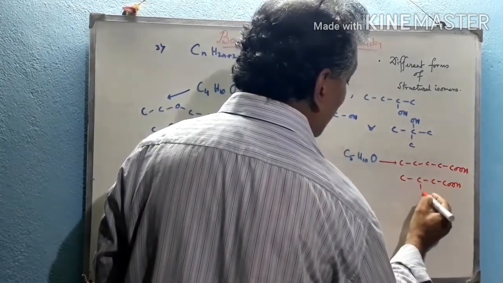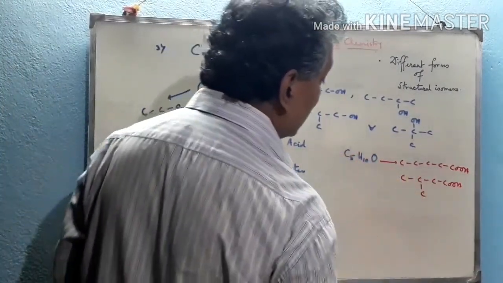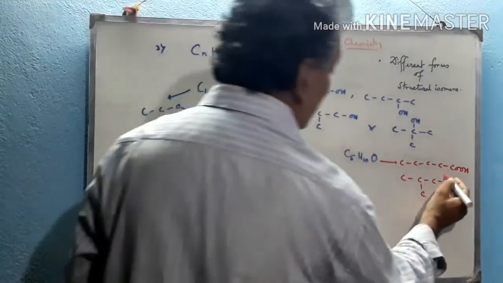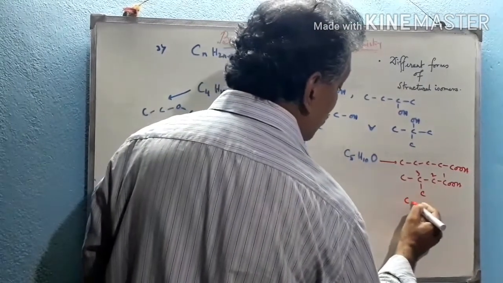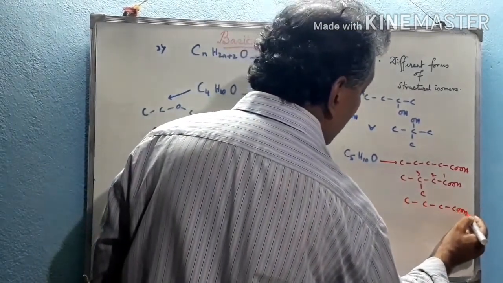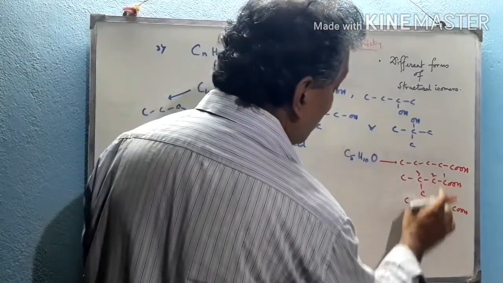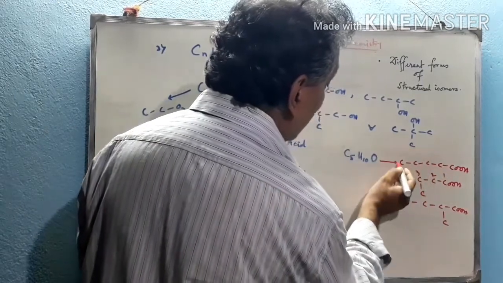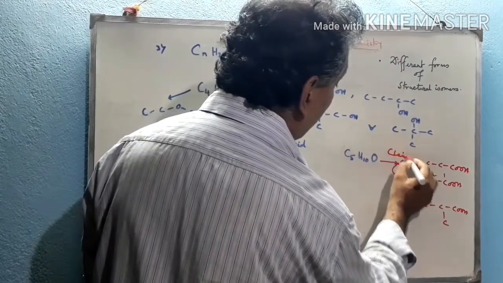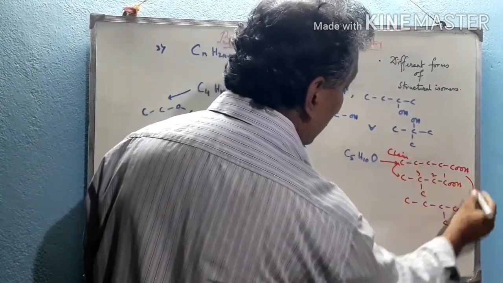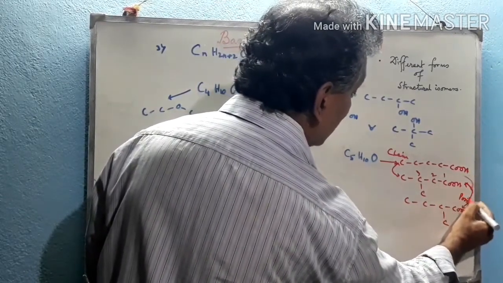So if we change the structure of the chain, COOH and one methyl group is substituted, then 2-methyl propanoic acid, these two are the butanoic acid, then these two are the structures, 3-methyl actually, 1, 2, 3-methyl butanoic acid, and the methyl group may be shifted towards the 2 position. So this will be 2-methyl butanoic acid. So these two are the positional isomers with respect to the methyl group. These two are the chain isomers. Sorry, these two are the positional isomers with respect to these groups.